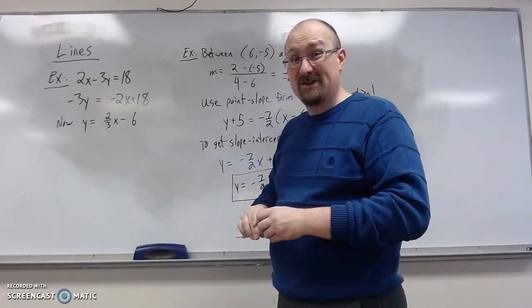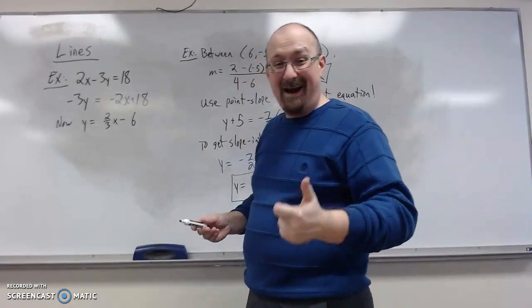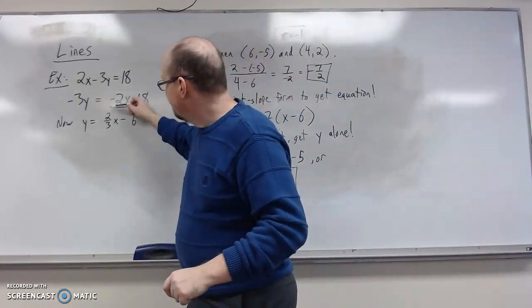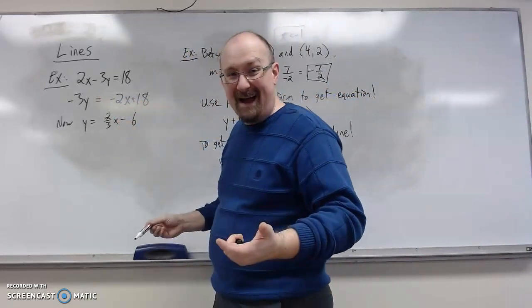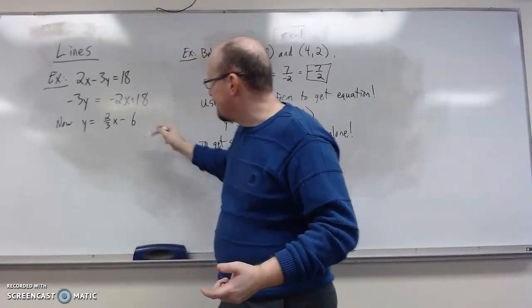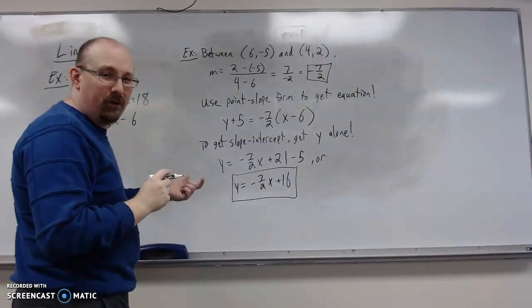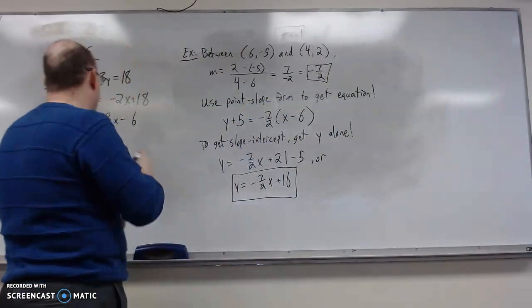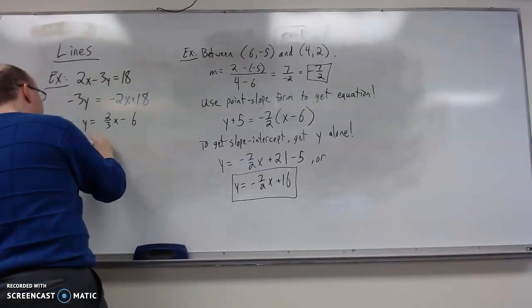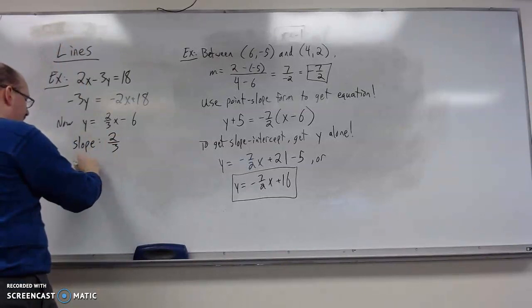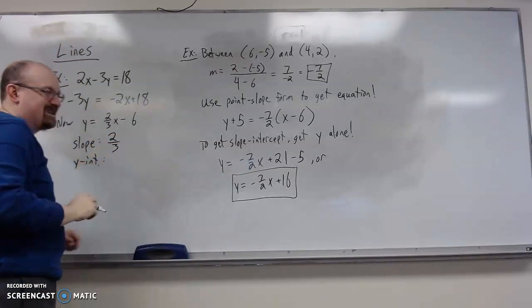And what's really cool about the slope-intercept form is the stuff we're asked for, we can just rip straight out of this thing. Because the slope is the coefficient of x. The y-intercept is that constant hovering around in the back. Well, the y-coordinate of the y-intercept. The x-coordinate's always 0. So our slope is going to be 2/3,